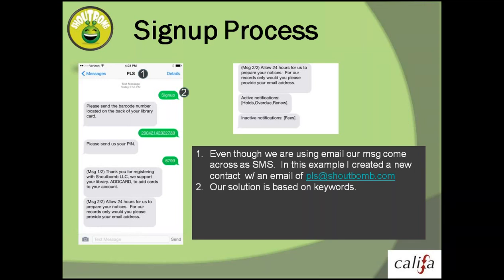And so we run our solution based on keywords. Hopefully the keywords are meaningful and easy to text in. And obviously the keywords are also configurable. If you decide a particular keyword is not something you would like to use, you can change it. Here we provide sign up. The system reacts to that and makes a request for the user's barcode,